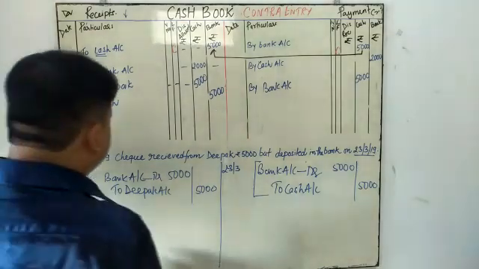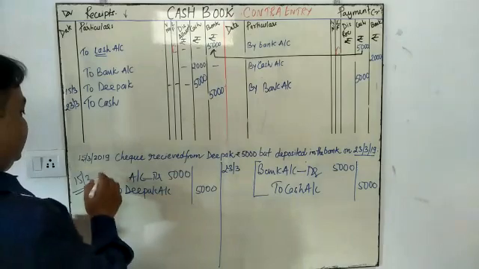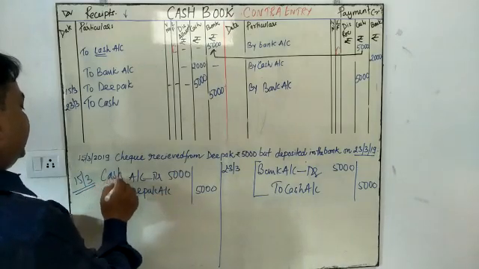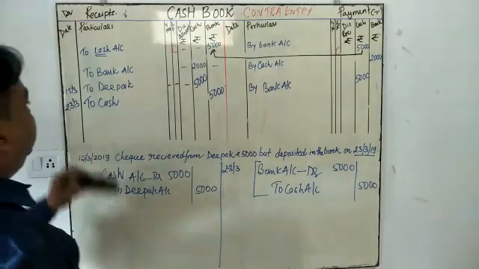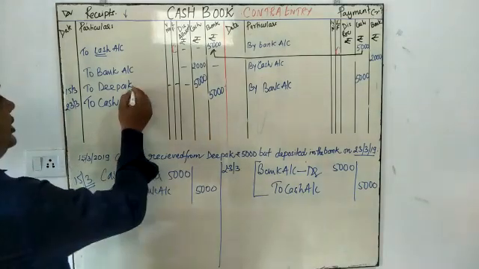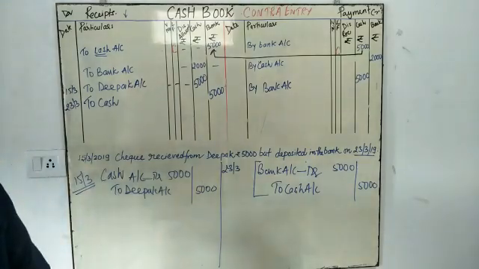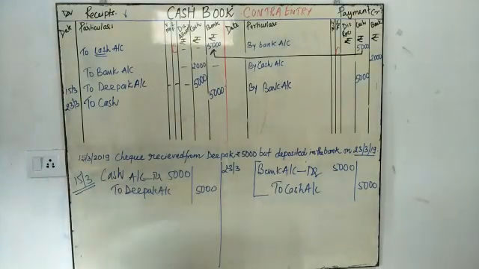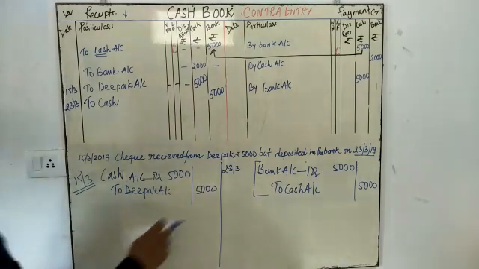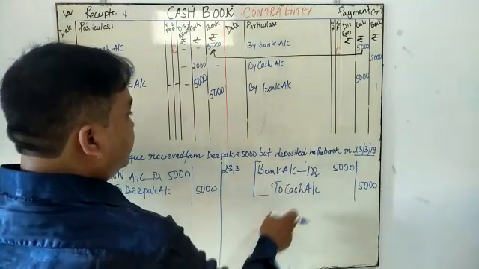So once you have to recall this situation, when Deepak has given this amount, we assume here cash, because the check is not cleared, we assume cash. So you will put this entry here. What we observe is that Deepak account is debited on the debit side, that is the receipt side, and you will record that 5,000 in which place? In the cash side. Okay. When the check is deposited, you will pass this entry, bank account debited to cash account.